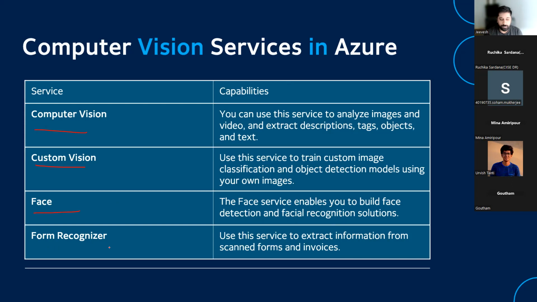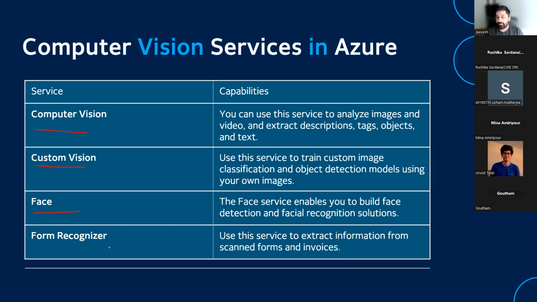So if you have some forms and you want to extract information out of them, for example, let's say this seems to be a random piece of paper. Let's say if this was a form and there was a format, name and people enter their name, and then address and people enter their address. You could use that service. You could train it in a way where you pass this form and it will tell you, okay, by looking at this form, I can tell you the name is this, the email is this, the phone is this.